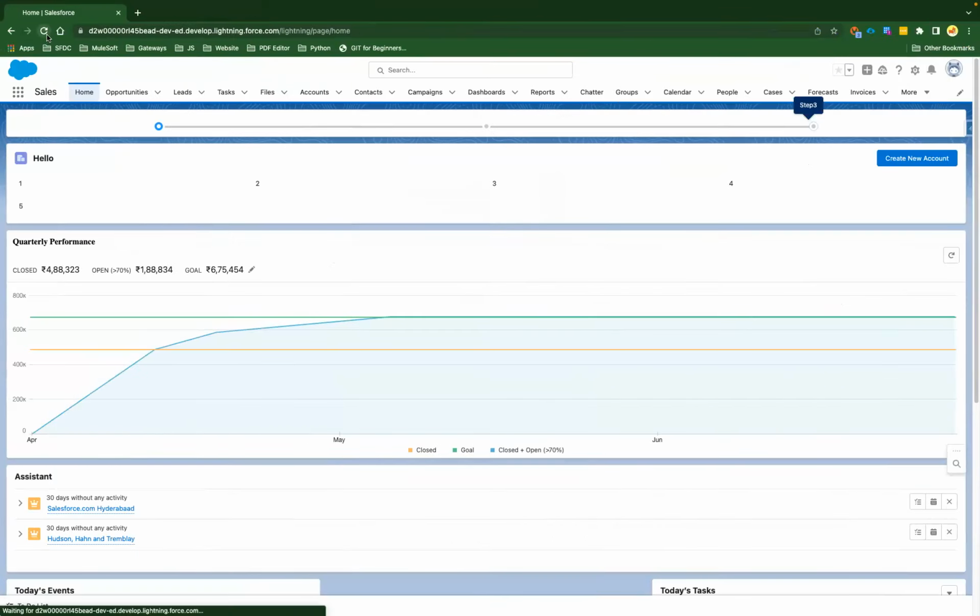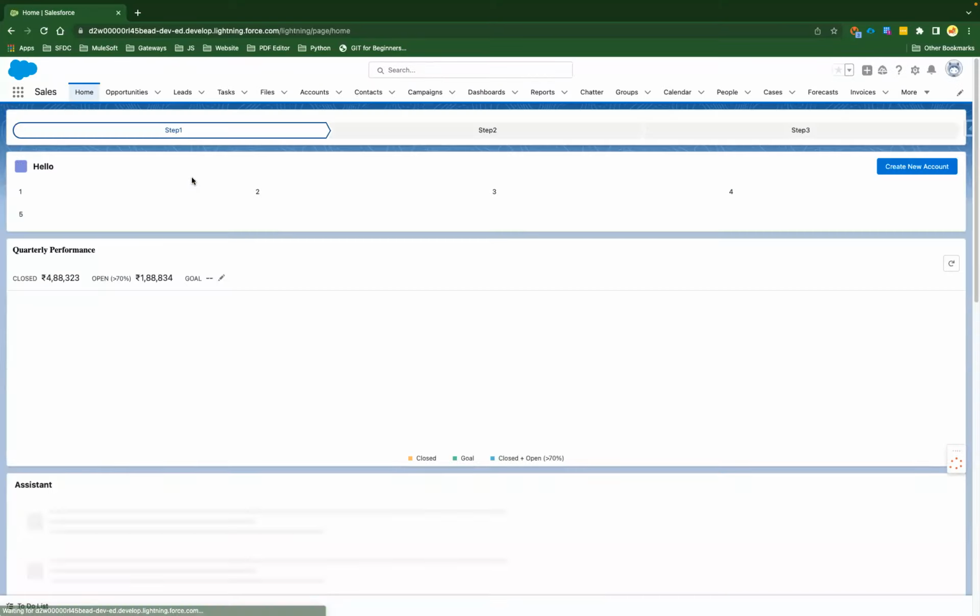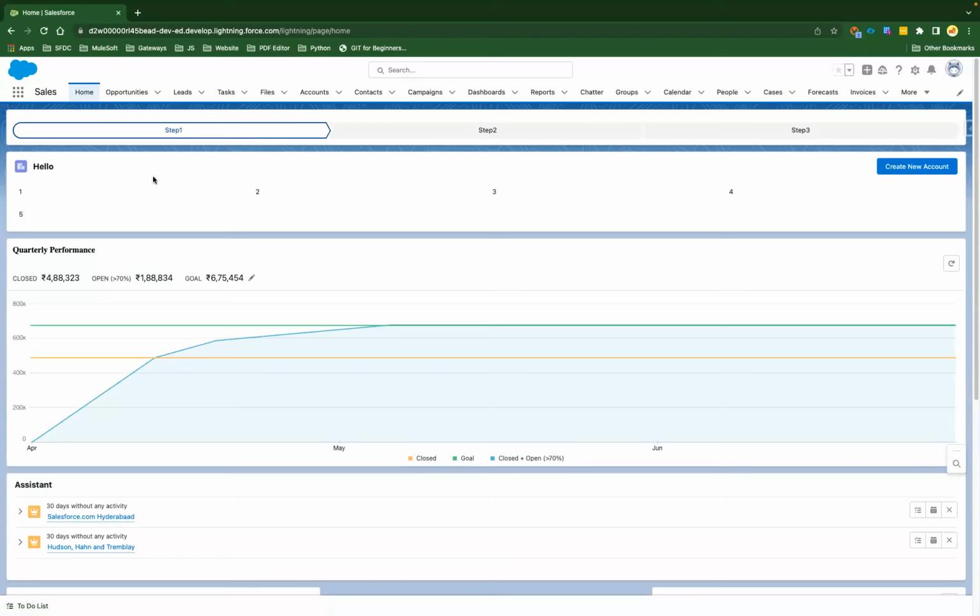And now if we refresh this, okay, you could see here, now it is coming as path. By default, it is saying that step 1 is selected and current step is this. Now, in some of the use cases, you might want to have step 2 as selected or step 3